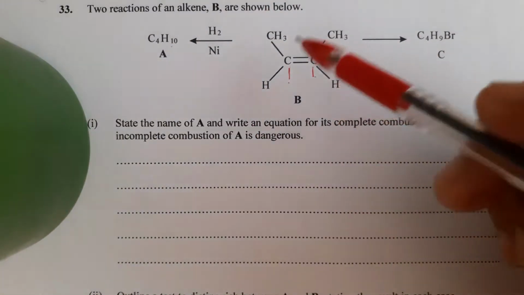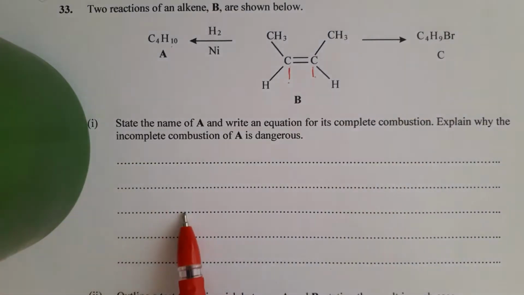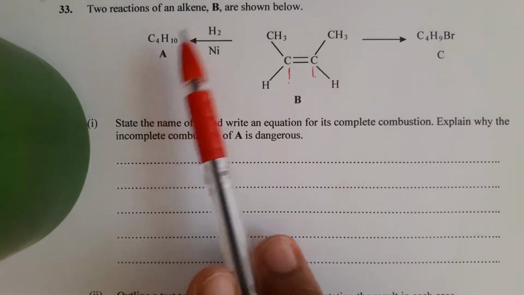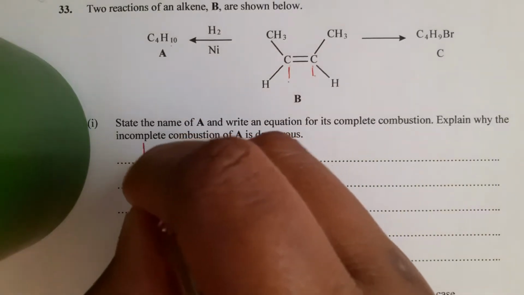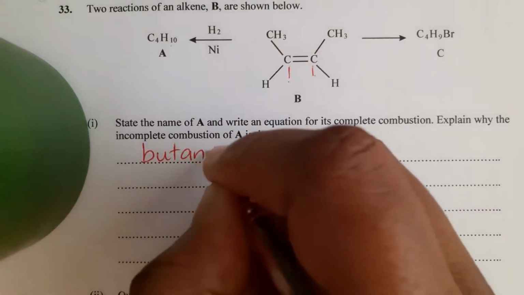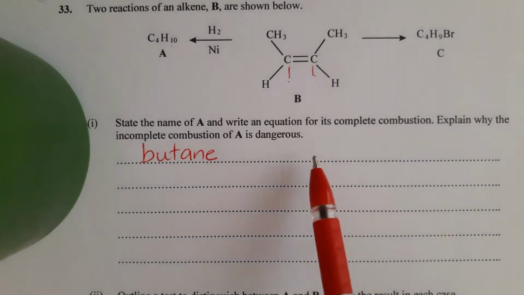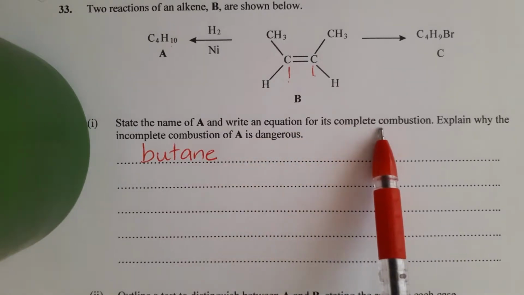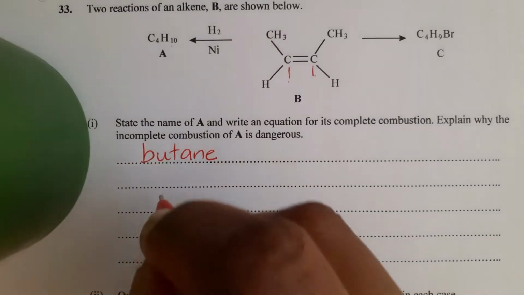So based on what we have, we're not going to have any branching. So it's just going to be a straight chain molecule that has 4 carbon atoms. We know that that will be an alkane. 4 carbon atoms, that will be butane. All right. We also want to find out what the equation will look like for the complete combustion. So here we have our starting material,